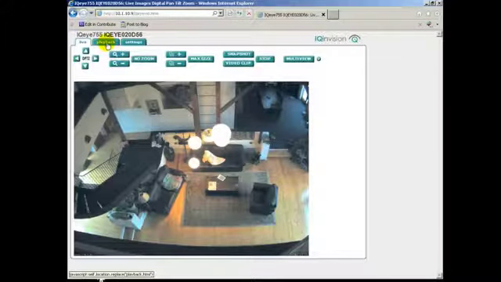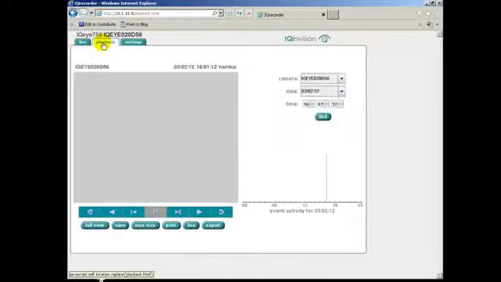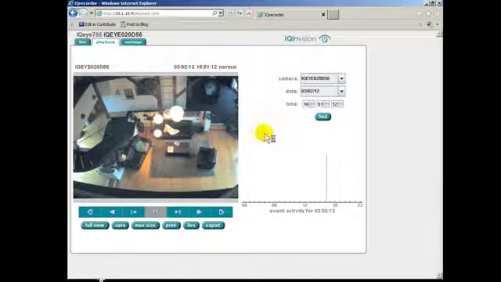So now I can go over to the playback tab, and I can see what this camera has recorded previously. Right now this camera is recording to an FTP server that I set up. I actually set it up on this computer. On Windows 7 I installed the FileZilla FTP server, and so I can go on the camera and say I want to see what happened on the 28th. So I can click on the 28th and do find,